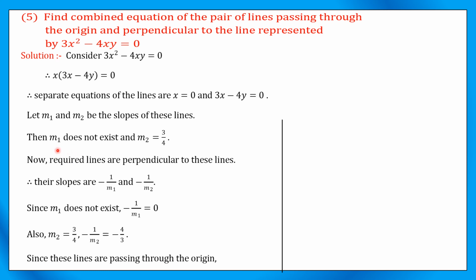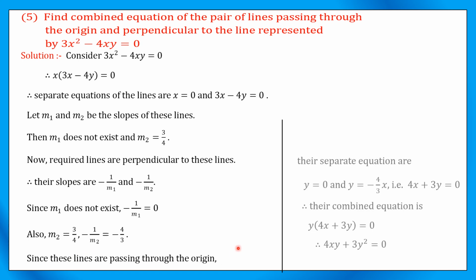The y-axis is the first line. The line perpendicular to the y-axis is the x-axis. Hence the slope of the x-axis is 0. Hence we take minus 1 divided by m1 equal to 0. Also m2 equal to 3 divided by 4. The required line is perpendicular to the given line. Therefore minus 1 divided by m2 equal to minus 4 divided by 3. Since this line passes through the origin,